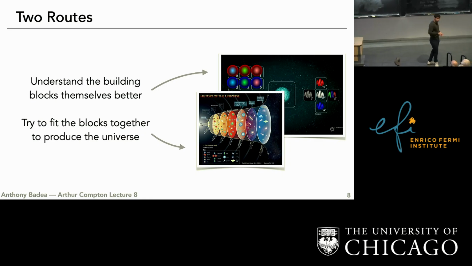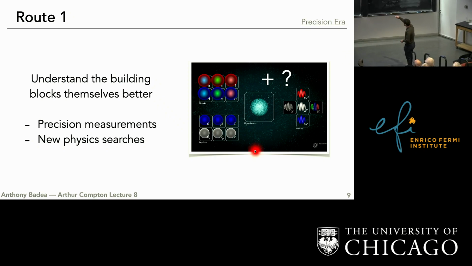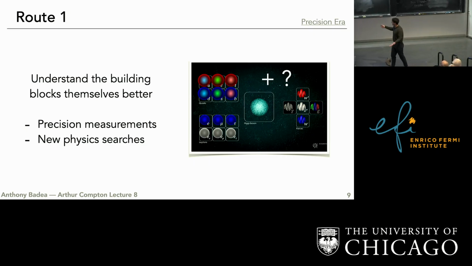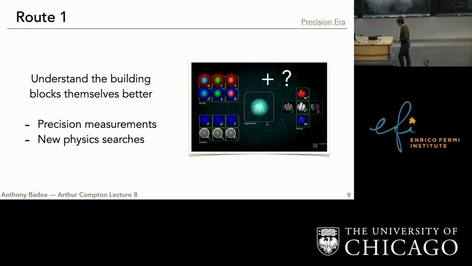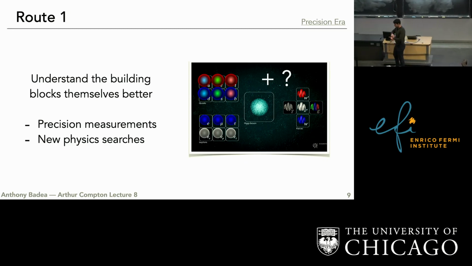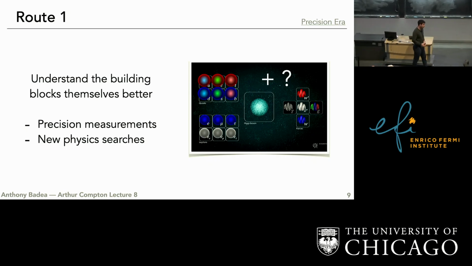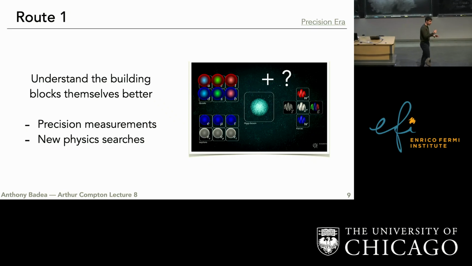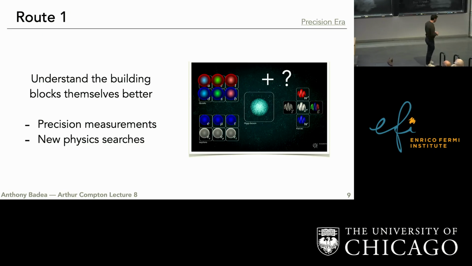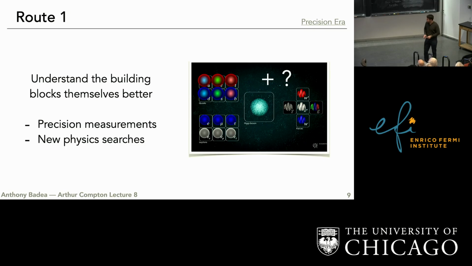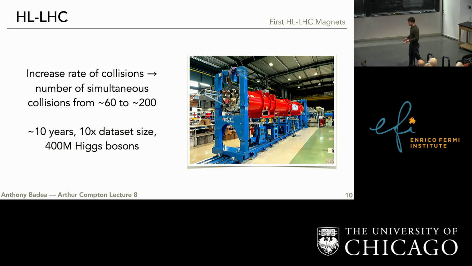And so starting with the first direction, understanding them better, this is something that really has been the essence of what we've talked about for the past 7 weeks or so. And really what we've talked about is these particles here. And from this route of deciding what to do, focusing on route one, it really boils down to two things. One, you can do precision measurements. You want to know, say, the mass of the Higgs boson to the best precision possible, the lowest uncertainty. The second one is you can do searches for new physics, like what we talked about last time. And in fact, this is exactly the route that we're going.